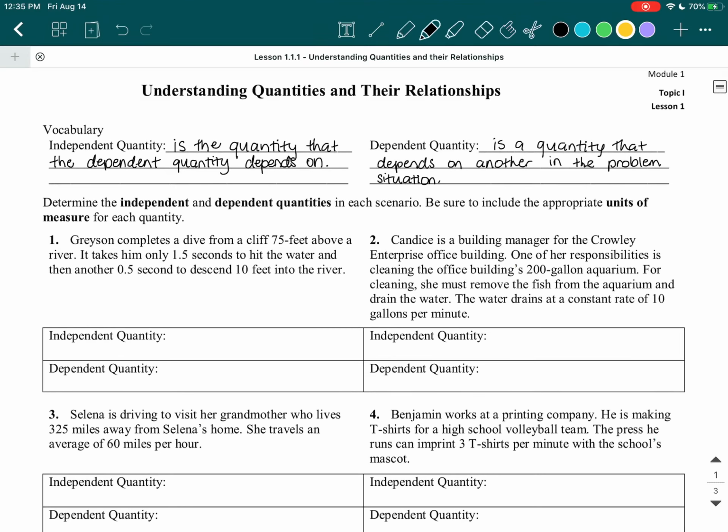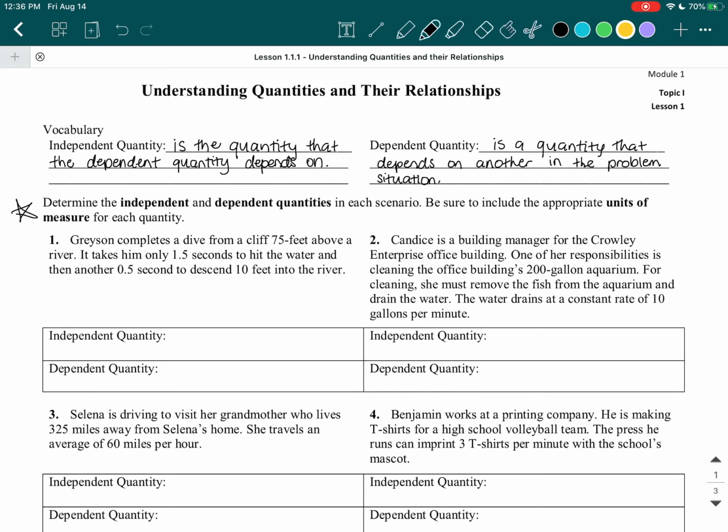All right, so before we do the examples, we have to read the instructions. So let's do that together. Determine the independent and dependent quantities in each scenario. Be sure to include the appropriate units of measure for each quantity. So we need to say which is which and also do units, okay? Don't forget the units. Units are very important. Number 1, Grayson completes a dive from a cliff 75 feet above a river. It takes him only 1.5 seconds to hit the water and then another 0.5 seconds to descend 10 feet into